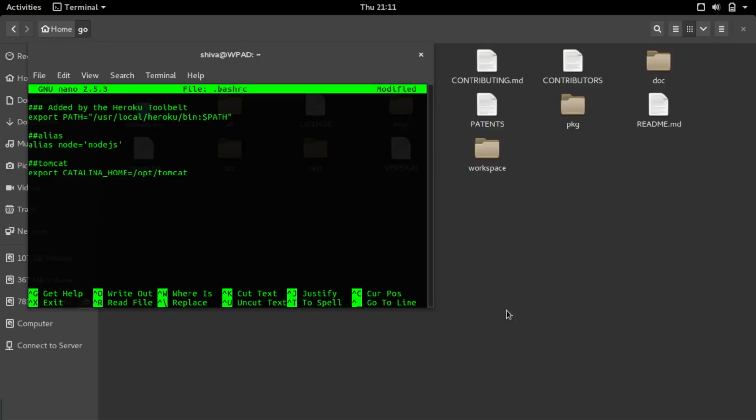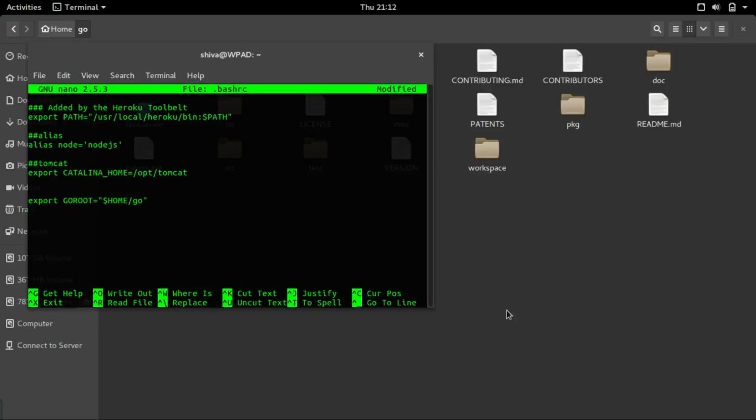So let's export go root first. The $HOME is a variable which specifies our home directory. So from our home directory, it's the go folder.